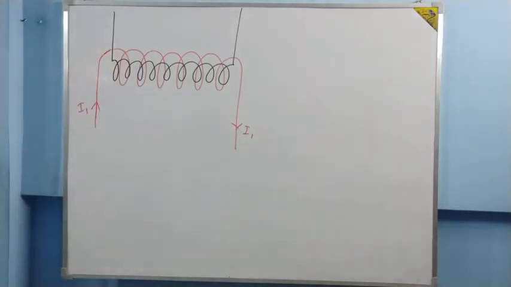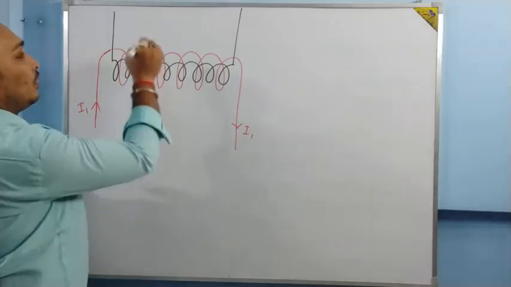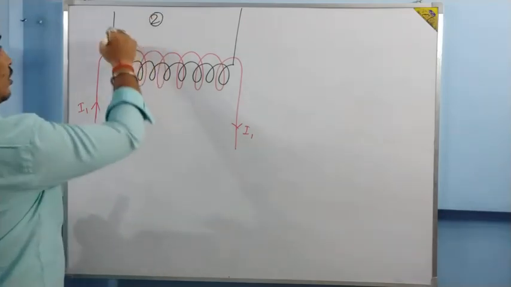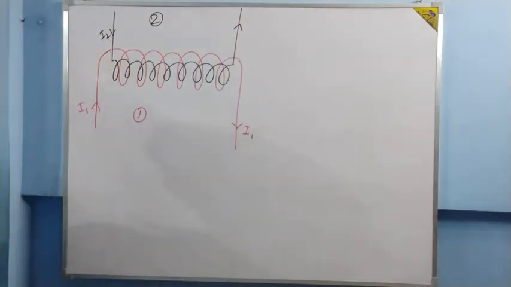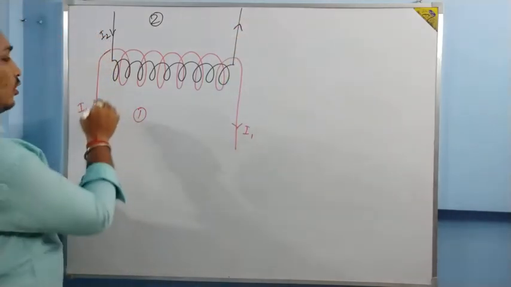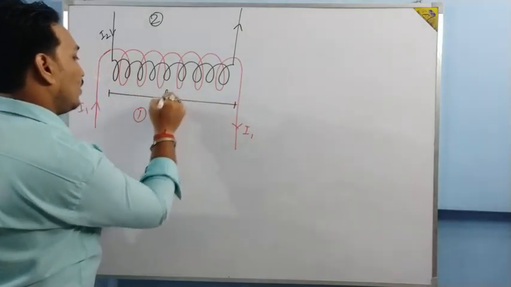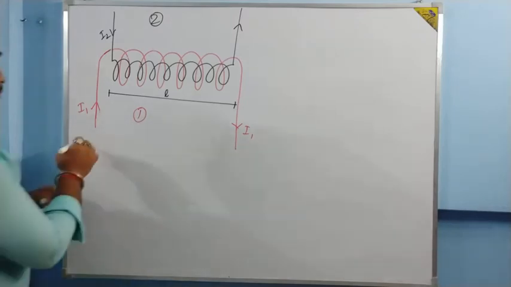So this is how the two solenoids are there. Let this solenoid be 1. Let this solenoid be 2. And the current flowing in this is I2. Length of both the solenoids is equal. I am doing it for the sake of convenience. Number of turns